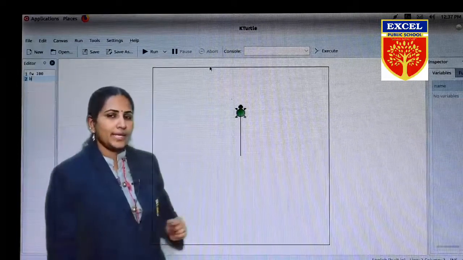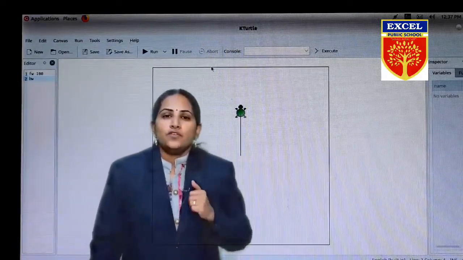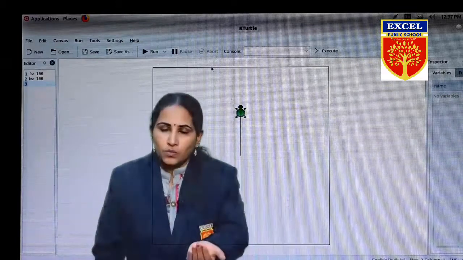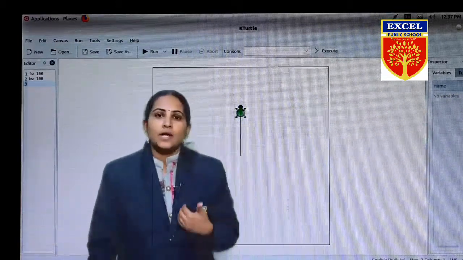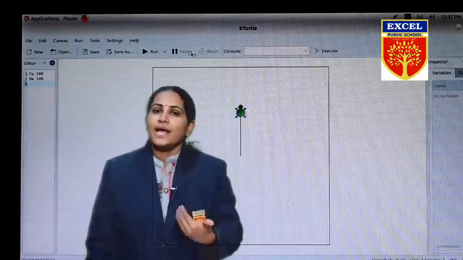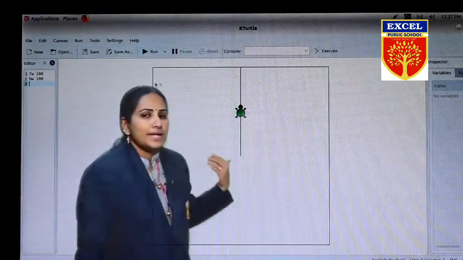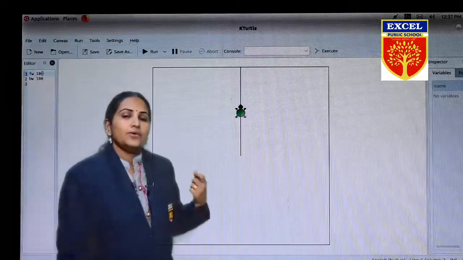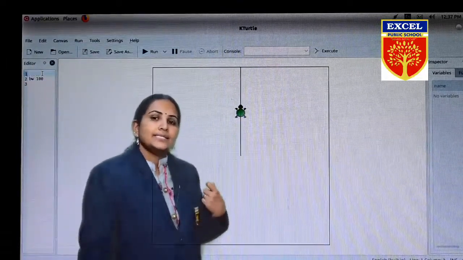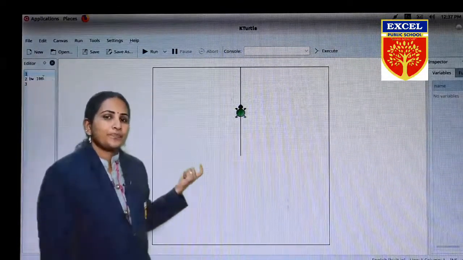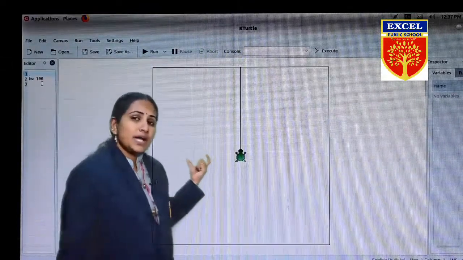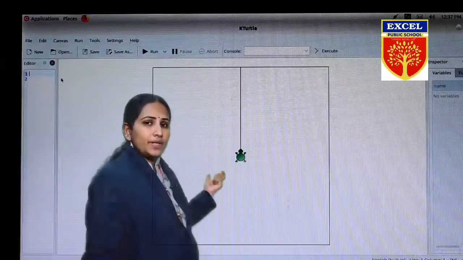Let's see how we can give it. For moving forward, you have to decide how many steps the turtle should move. Whoever is doing the program has to decide that. For that we have to learn the syntax. Syntax is the sentence of the command which we are giving to the computer.